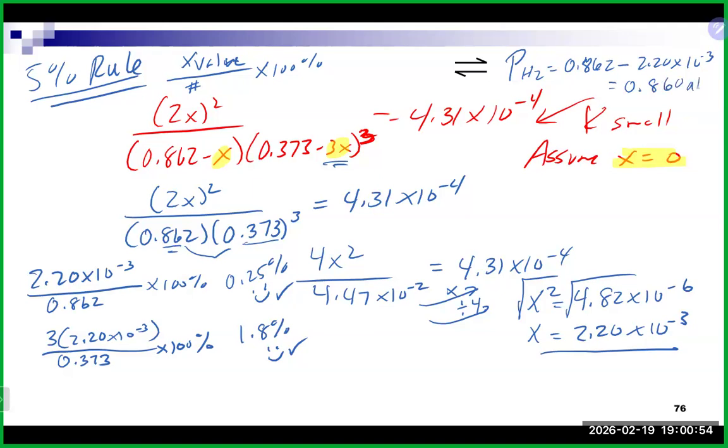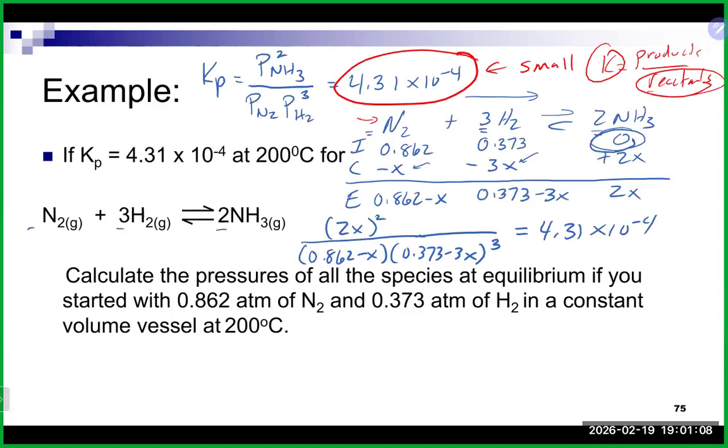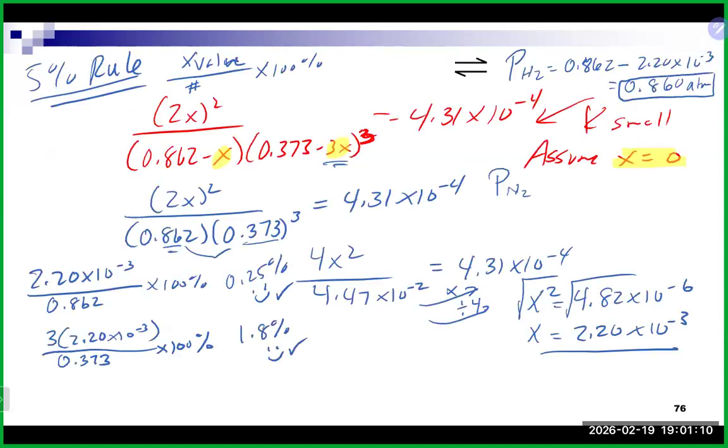0.860. Remember, these are pressures, so these are actually atmospheres. Our pressure at equilibrium of nitrogen, I think. Hopefully I didn't get that backwards. Was that nitrogen, the first one? No, it was nitrogen. So that's actually nitrogen. This is H2, and that would be, in this case, 0.373 minus 3 times our x value. And that's going to be 0.373 minus 3 times 2.2 times 10 to the minus 3. Going to get us